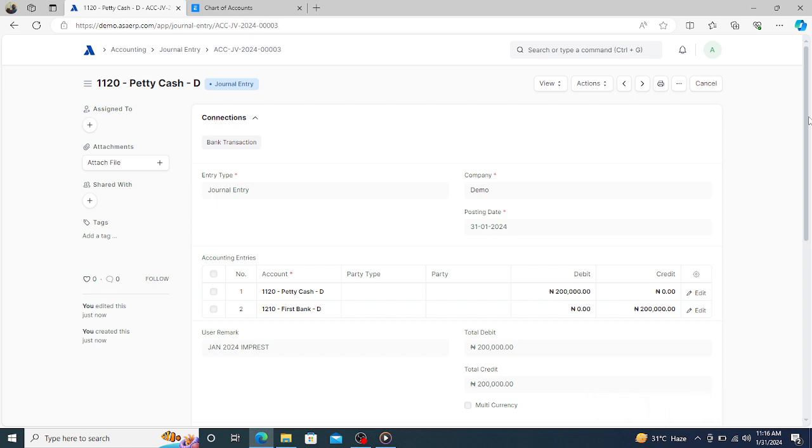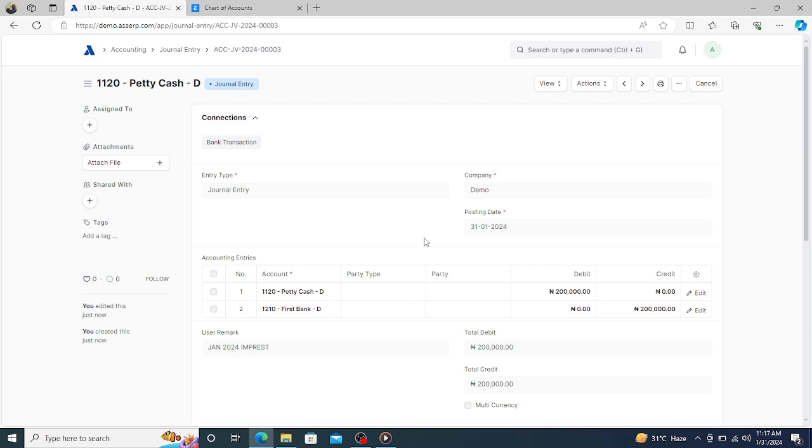Now the money has been given to the petty cashier or the cashier for small operational expenses. So now the cashier begins to spend the money, not for his personal use, but based on approved payment vouchers. Once a voucher is approved, let's assume that a particular voucher has expenses for stationery. Then you have expenses for